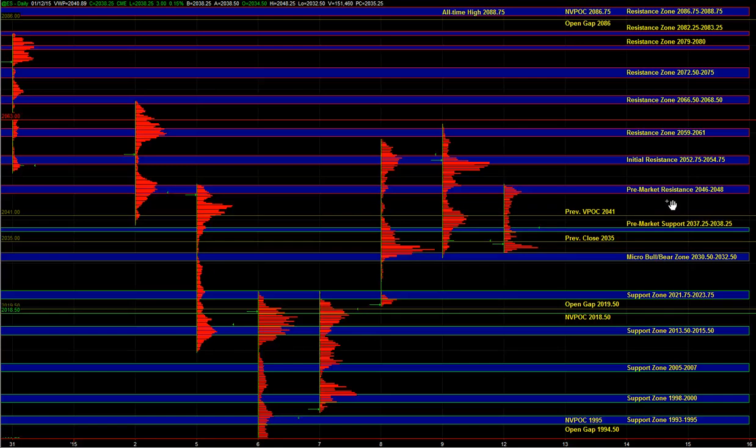Now Friday closed with sellers in control, so it is best to be cautious on the long side, and just understand that the market is stuck in a range, which means that the mid area, the middle of that range, can be a risky spot to initiate a trade, especially on the long side. On the short side, it's still a bit safer at around the 41, 42 area, but on the long side,